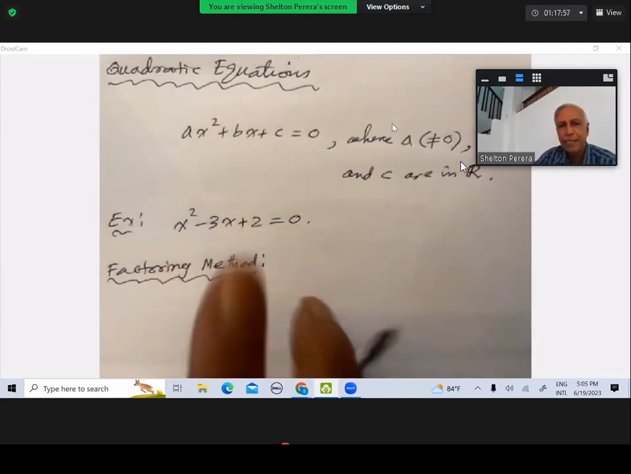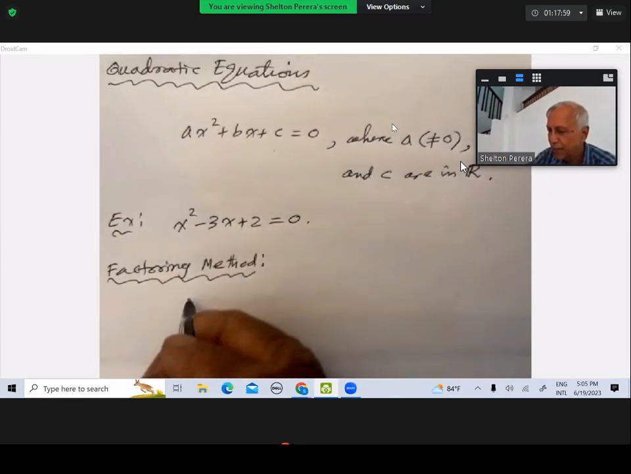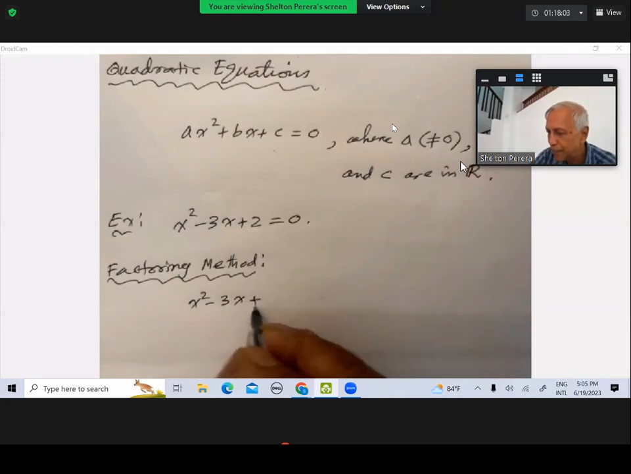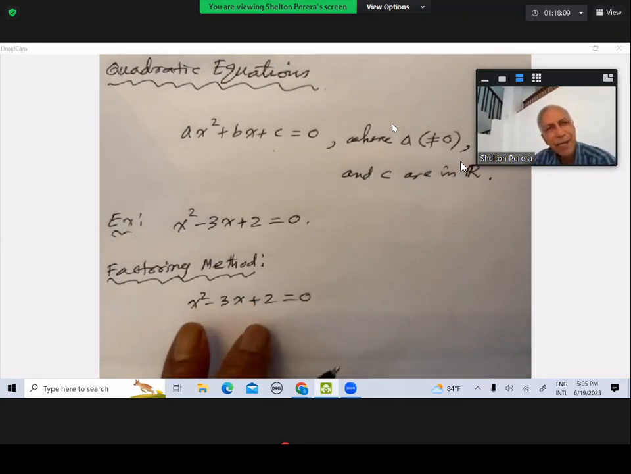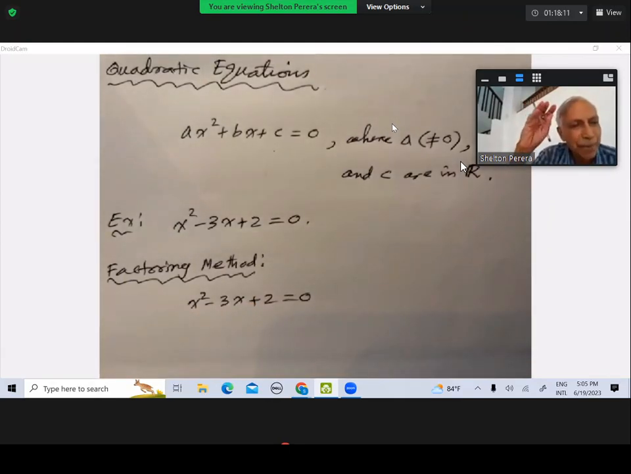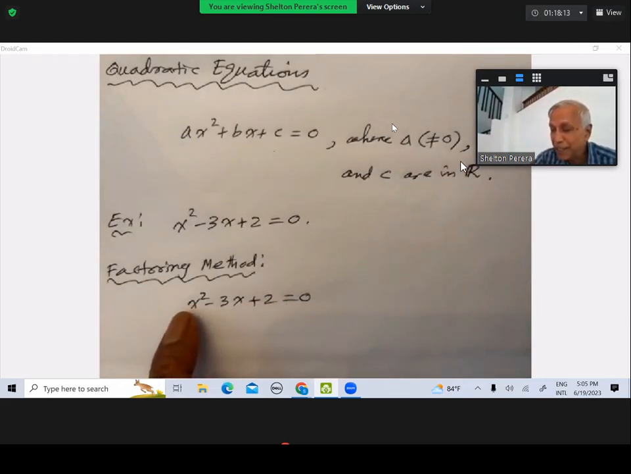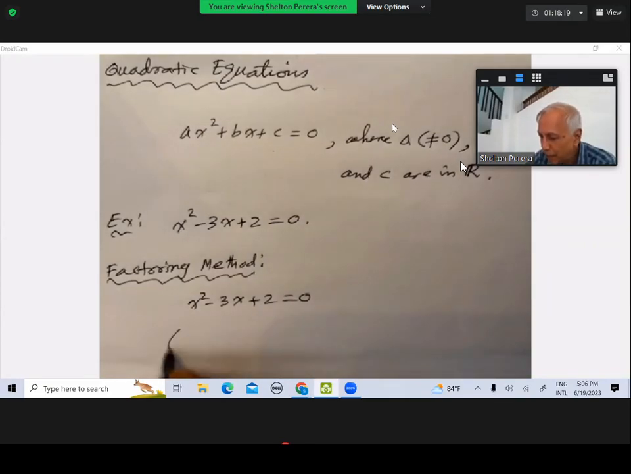Can we factor this? X squared minus 3x plus 2 equal to 0, factoring method. How do you factor? This factors nicely. You see, even if you cannot factor quadratics with big numbers, with smaller numbers, it's really easy. How do you write? Yeah, you open two